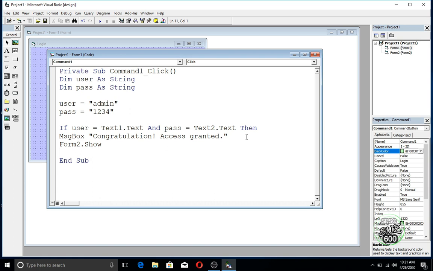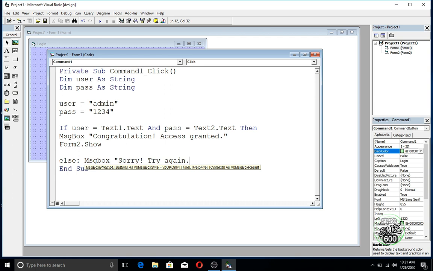Now I have to write the false command. If the user ID and password is not correct, else it will display another message box, sorry, try again.